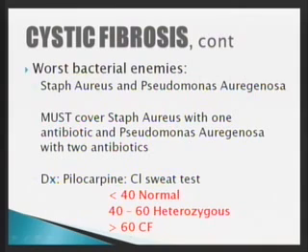We have that pilocarpine, which we talked about, how to do that. It's a chloride sweat test. I have some different numbers up here from your notes. I want you to change it. Make sure this is the updated numbers. Normal is less than 40. Heterozygous, which means that you're kind of right at the level, is between 40 and 60. And if you exceed 60, then ultimately you have cystic fibrosis. That's for chloride. For sodium, sodium should be less than